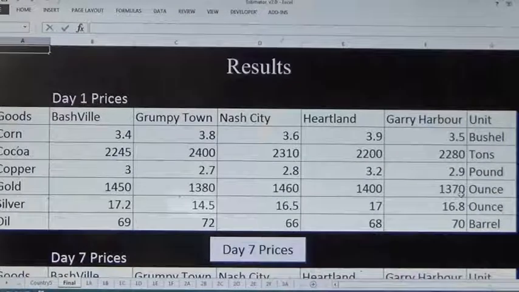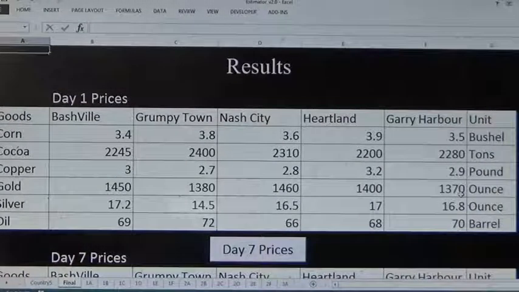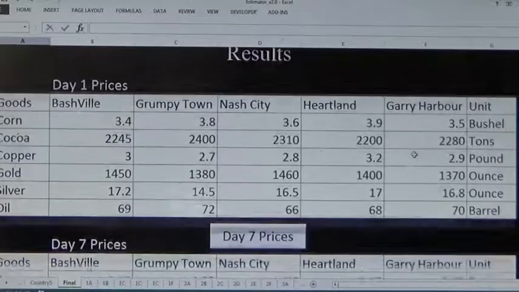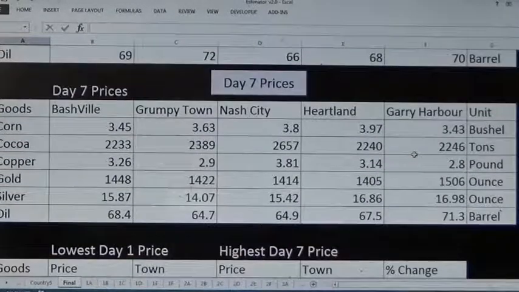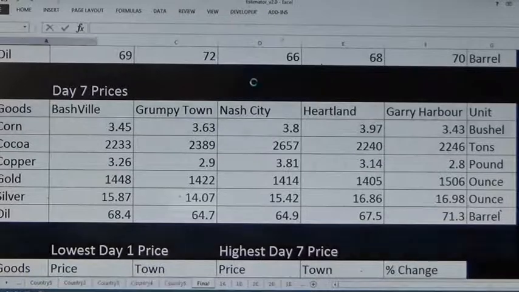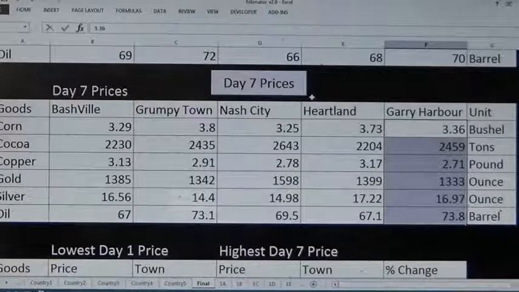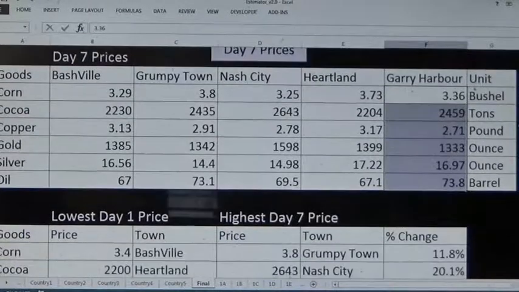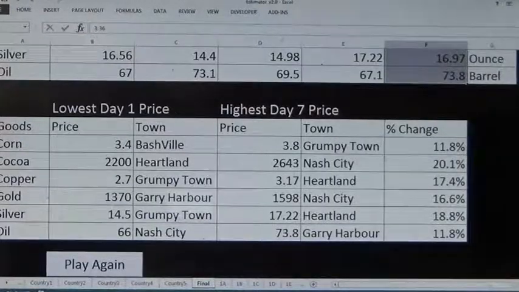So start off with our day 1 prices, and this is what's given to the participants at the beginning of the contest. So we'll have these prices here, and you select where you want to buy from. So what's been generated by this model are the day 7 prices. Here we go. So I'm going to update these with what we just calculated. So this is all the prices for your 6 goods and all the 5 different places, as well as the units here, just to explain what they are. What we've got at the bottom, this will help me determine our winners. And what do we have here?